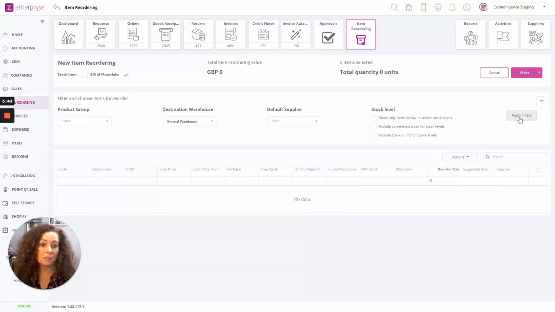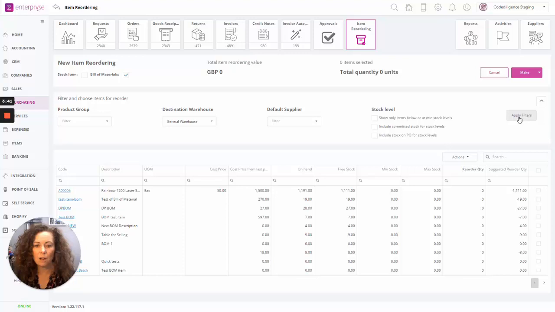So let's just apply filters. By doing this, we now get to see all of the bill of material items, those items that are ticked in the item setup for bill of materials. You can see here that the items will be displayed. We can see cost price, what's currently on hand, what's free, which is calculated by what's on order and what's been placed by your customers, and any minimum and maximum stock that you've also recorded